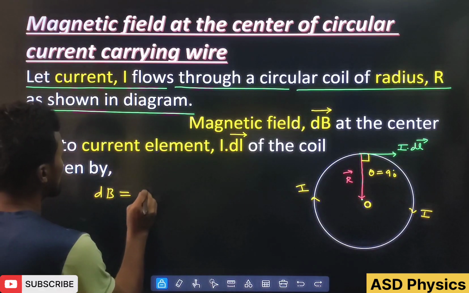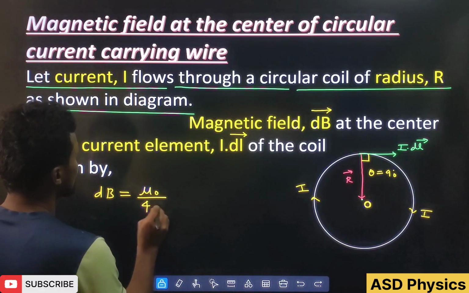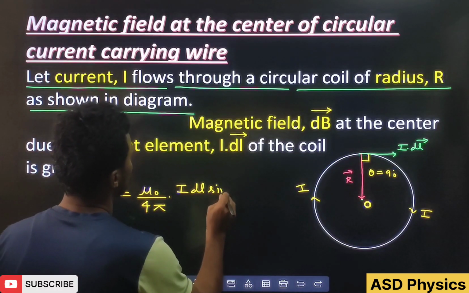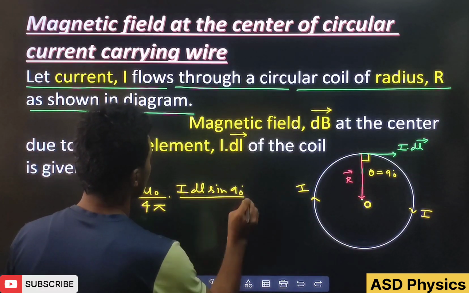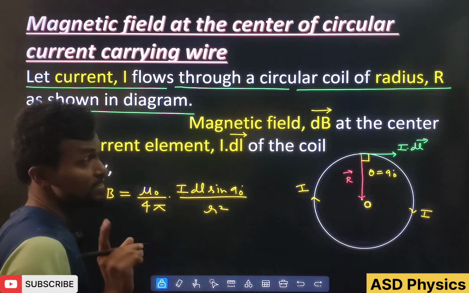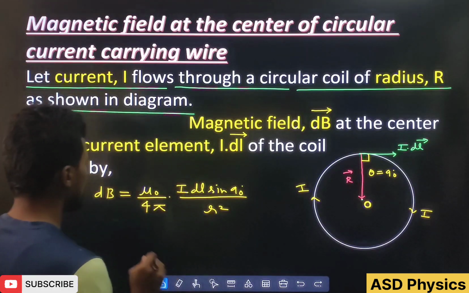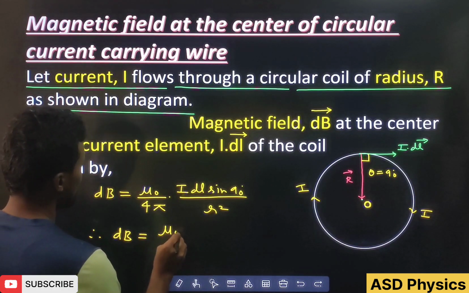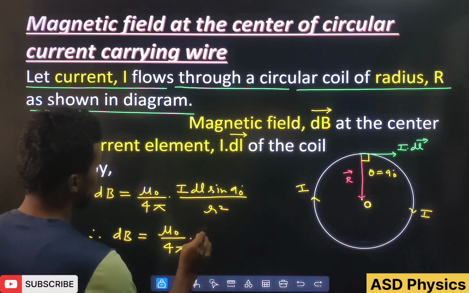It is given by dB equal to, see here, mu naught by 4 pi, by the Biot-Savart law, I dl sine 90 by r square. Sine 90 value, how much here? 1. Is it? That means we can write here, see, magnetic field is given by mu naught by 4 pi into I dl